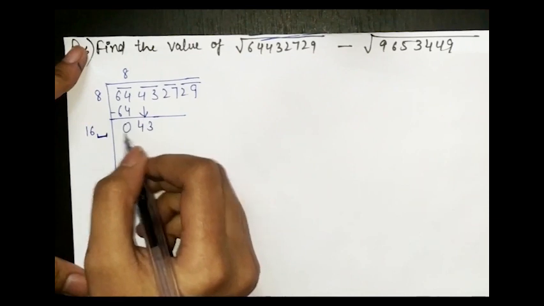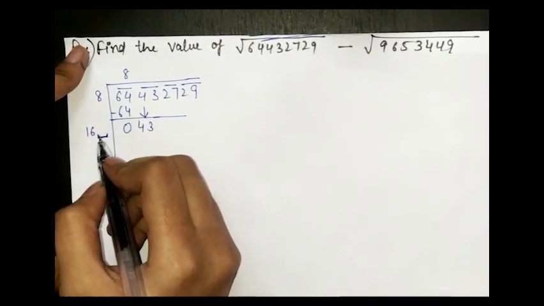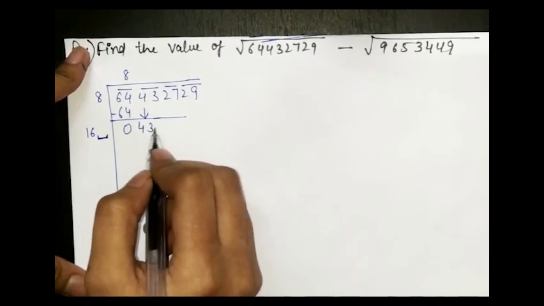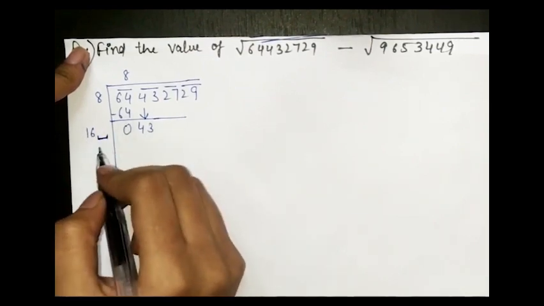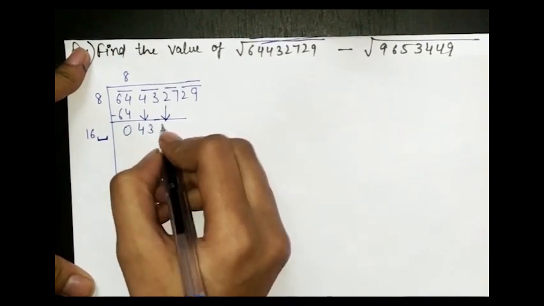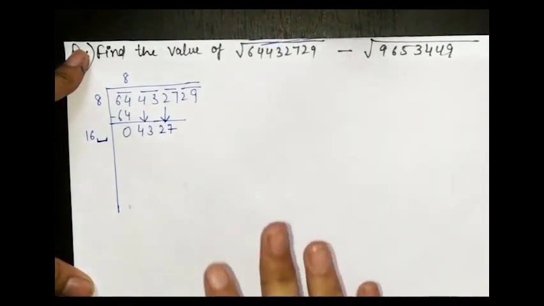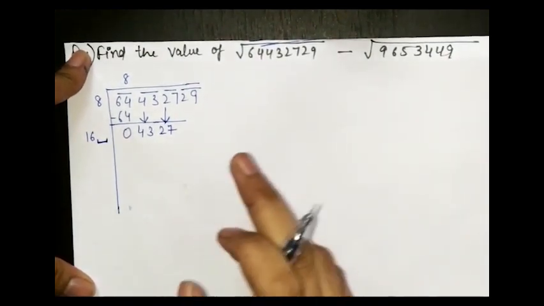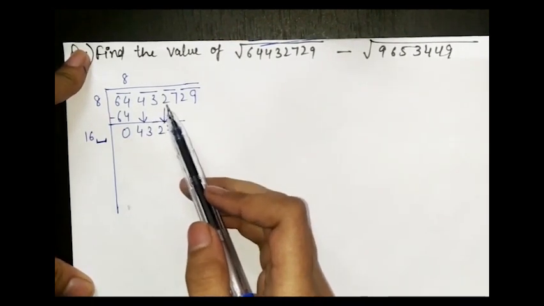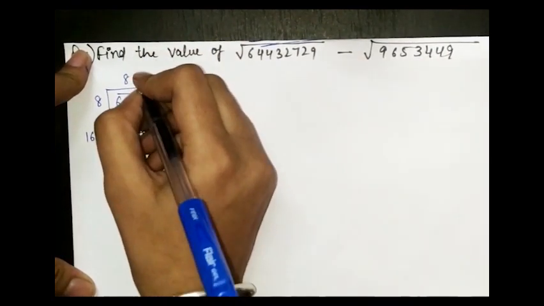Now you want one number so that this will be completely divisible, but you know that 43 is smaller than this, so there will be one number here. Suppose that is 161, but 43 is smaller than 161, and it should be bigger. So we have to write 27 also here. As in division, when we have to bring down another number, we put a 0. Similarly, we will take 0 here also.